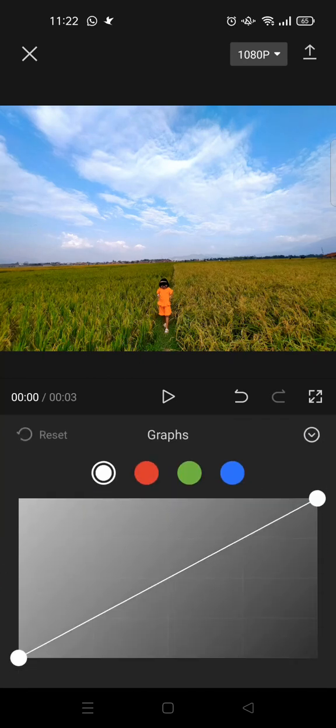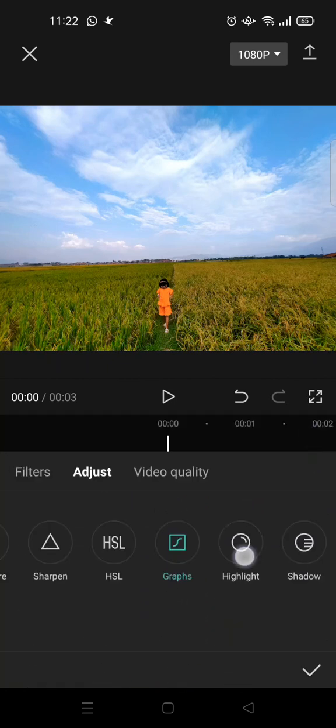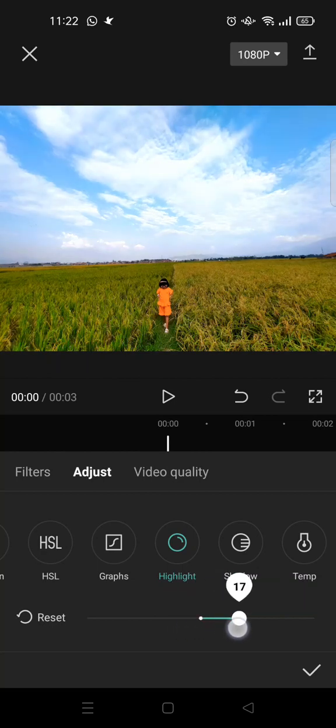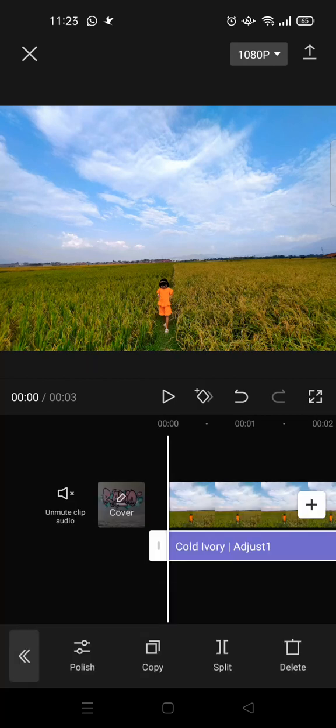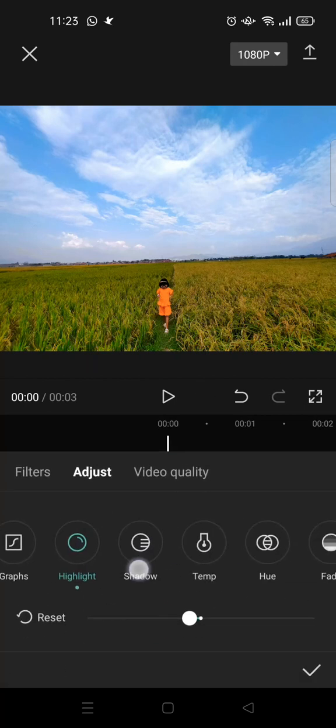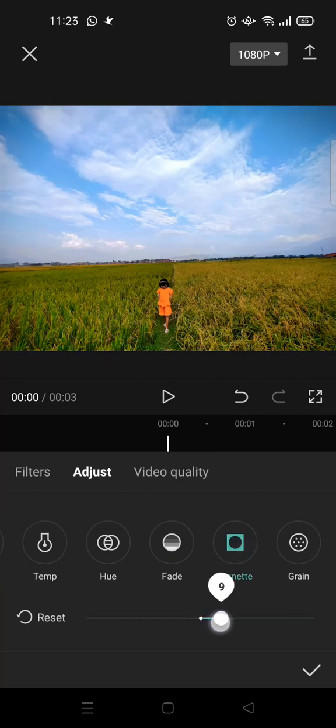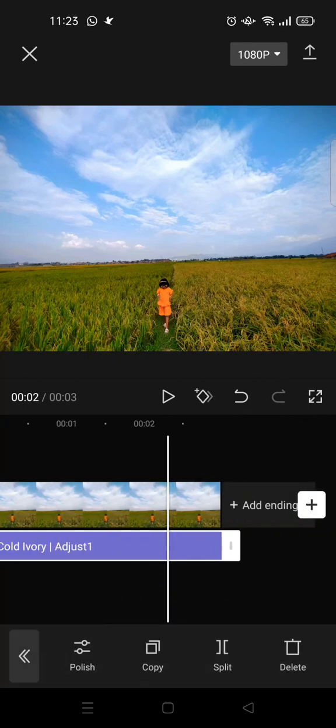And here you can also actually edit the gaps, but I'm going to just leave it as it is, and I'm going to adjust the highlight into -5. Oops. And I'm going to add some vignette effect like this. Click on a check icon and here